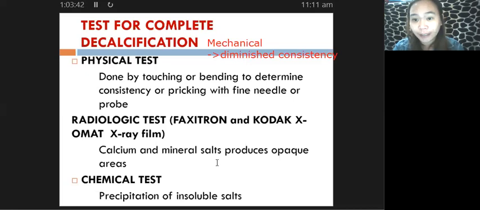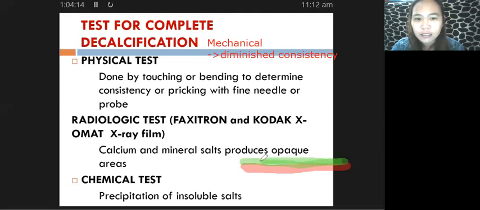X-OMAT X-ray film. So how do we perform your radiologic tests? Of course, I'm going to draw again. So in your radiologic test, you have here your X-ray film, and then on top of your X-ray film is your waterproof